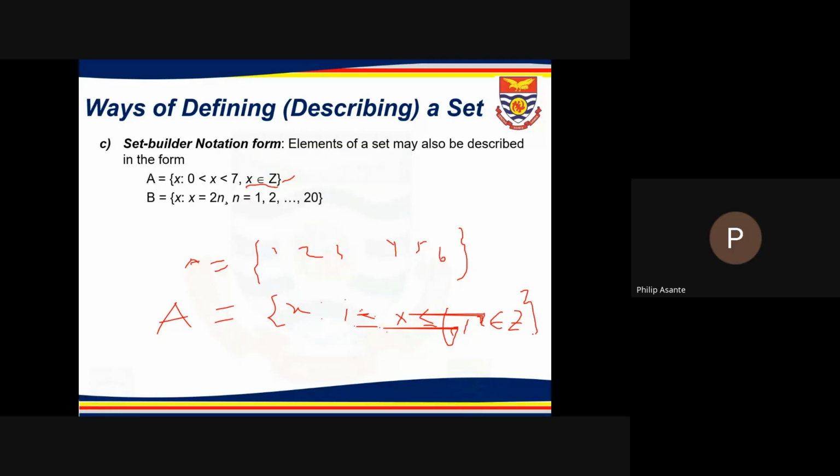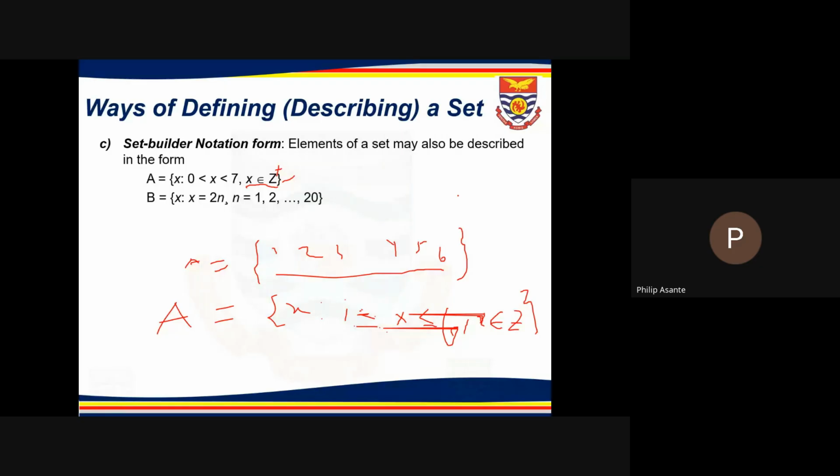Sir, please, I have a question on the set builder notation with the A. If you say X belongs to all integers, with the numbers given, you could see that they are specific integers. So instead of saying X belongs to integers, why don't you say X belongs to positive integers? Yeah, we can make it more distinct. Agree?